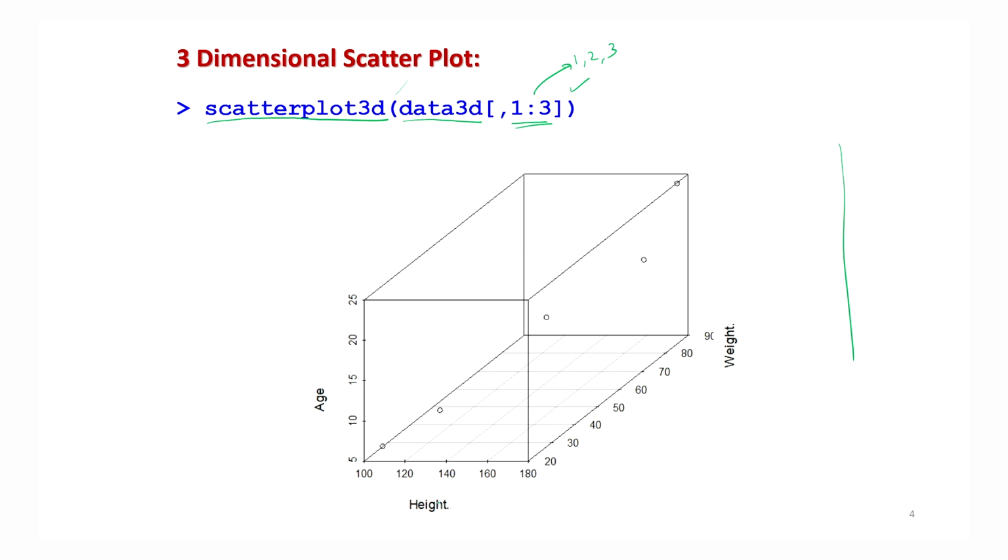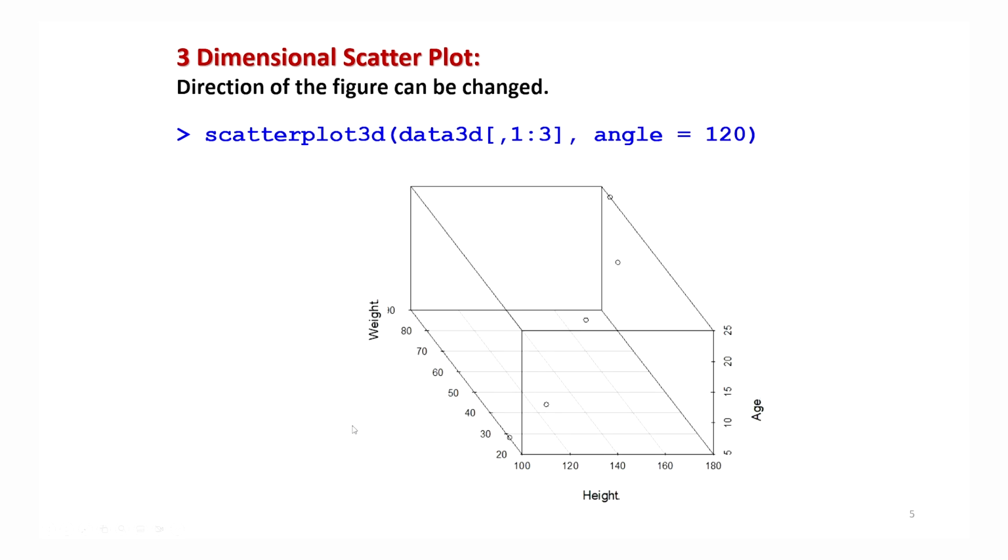You can see height is on this axis, age is here, weight is here. So there are basically three dimensions: 1, 2 and 3. If you visually inspect it, these are the points, and you can see how these points are located in a three-dimensional plane.